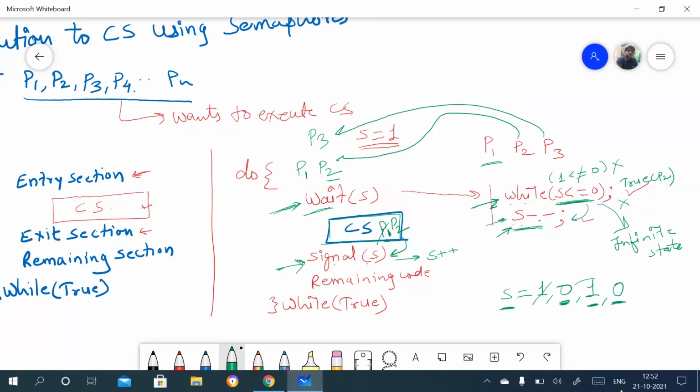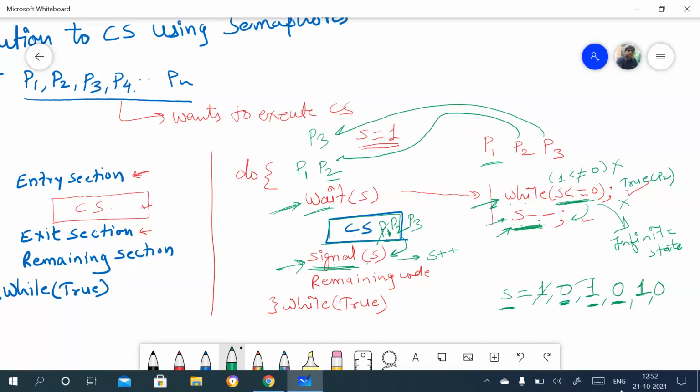When P2 completes execution of the critical section and exits, it will execute the signal function, that is the increment, so S value becomes 1. The moment S value becomes 1, P3 goes to the next step, S minus minus, and again this becomes 0, and P3 will enter the critical section.